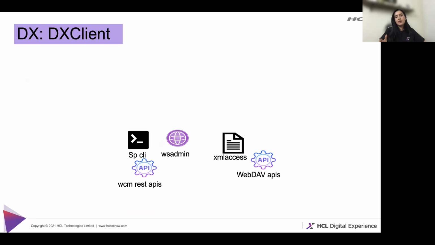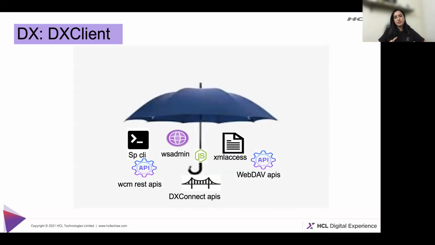All these tools currently require you to install Java, Jython and many different things. So the idea we started with was to bring all this together under a single umbrella. It's a single framework called DX Client, powered by some internal APIs that we call DX Connect APIs, which reside on the DX core side, of course. It is a simple Node.js tool.